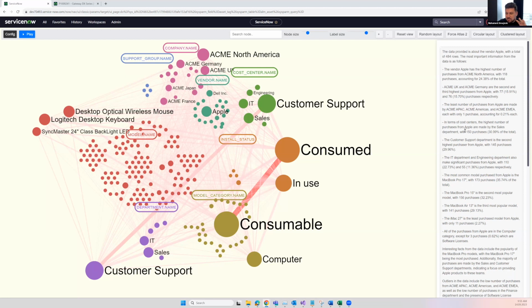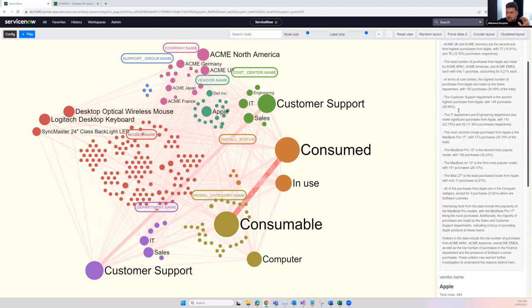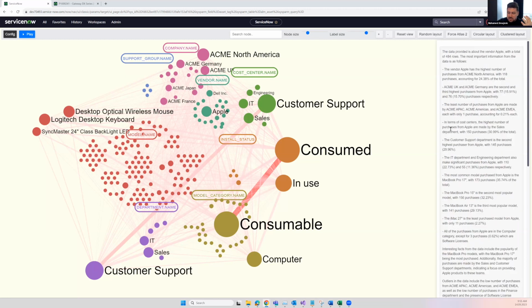So this is not some pre-generated content. This is all AI generated, and imagine all the possibilities that you can do. You can have, for example, let's think about the ITSM module. We can think about, let's say, incidents, and we have